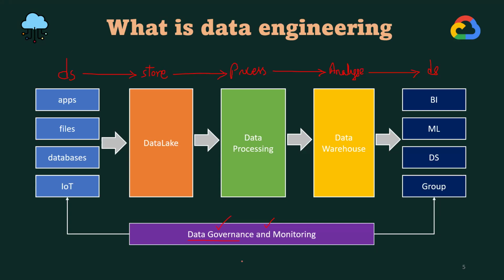What tools will be there? There are many tools. For example, data catalog is there. In Databricks you have Unity Catalog. In AWS you have Glue. Plenty of tools are there when it comes to data governance. Dataplex is also there, specific to GCP, and Data Catalog, which I specifically told you for GCP. Okay, guys.